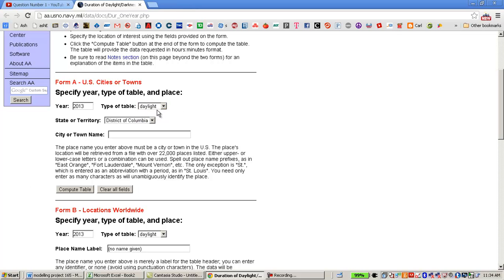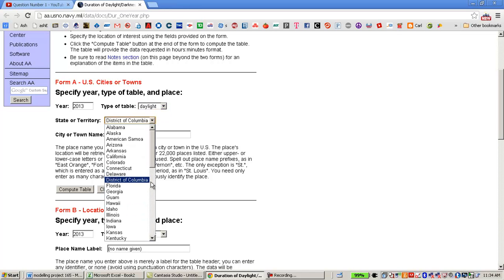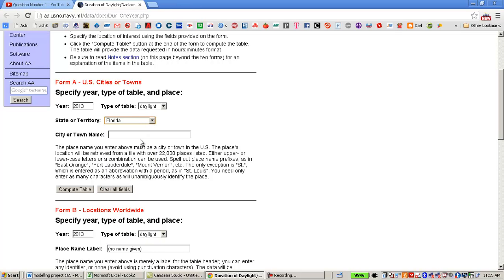Okay, so what we want to do is pick a U.S. city that isn't too far north or south, okay, because then it might not follow the pattern that we're looking for. You get a lot of daylight and a lot of darkness when you're at the North Pole, right? So we want a typical number of hours of daylight somewhere close to where we live, okay? So for example, I don't know, wherever you want, right? So I'll just pick Miami,